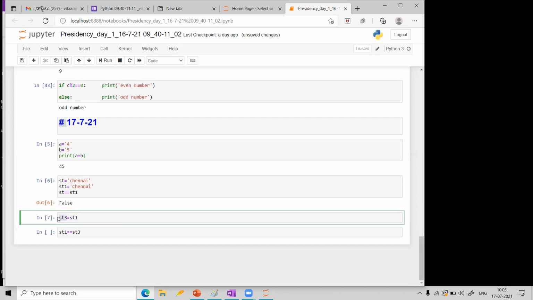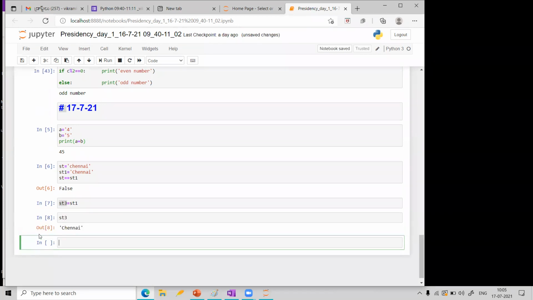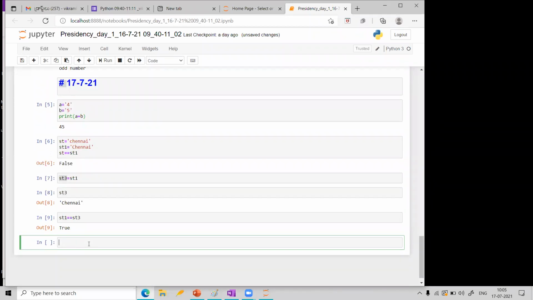So what will be there in st3? st3 is nothing but Chennai itself with capital C. So what will be the answer now? True. Okay, let us check now. Yeah, true. So correct.